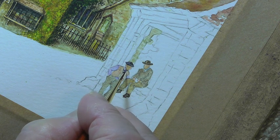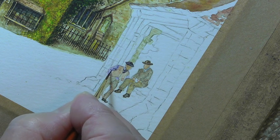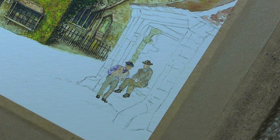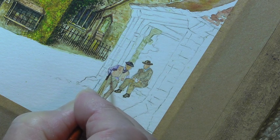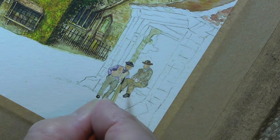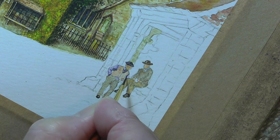You can't be too fussy here. And in here, where we have his pocket. My pictures are quite small, but I always suggest you make yours a little bit bigger, say A4 size, so you'll have a little more room than I've got. More blue. And there we'll